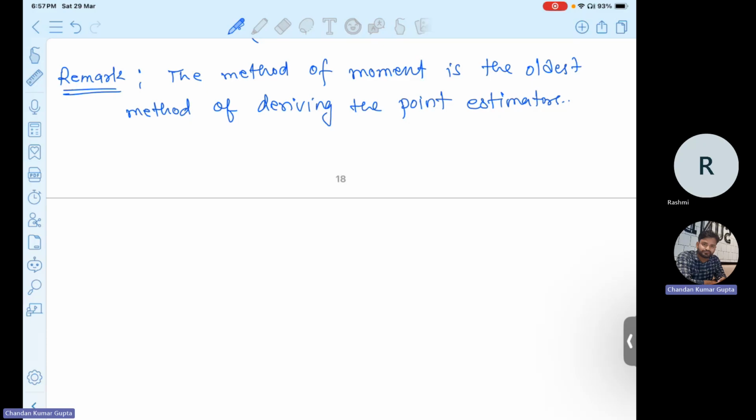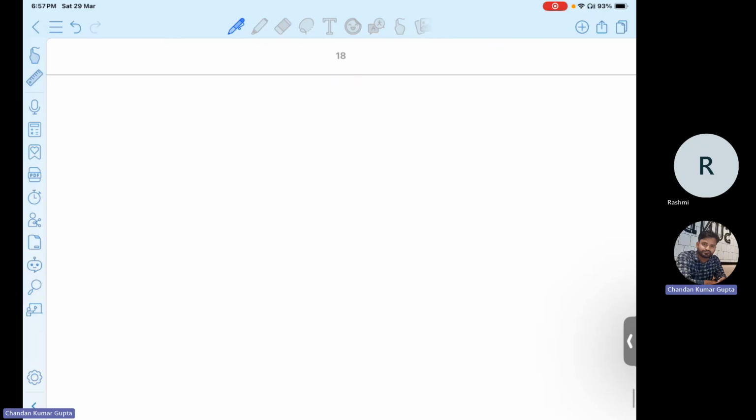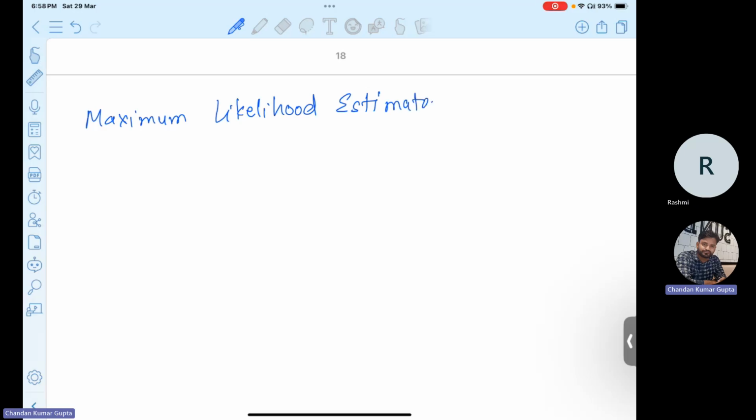Yes, and in some cases, the method of moments estimator does not exist. So in that case, we use the method of maximum likelihood estimation, or maximum likelihood estimators, MLEs in short. So in MLEs, suppose we have